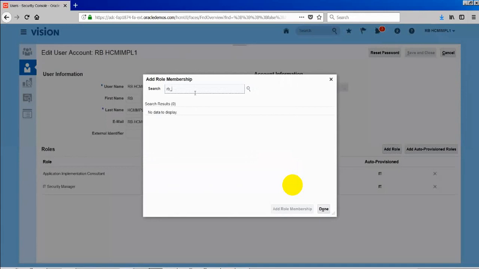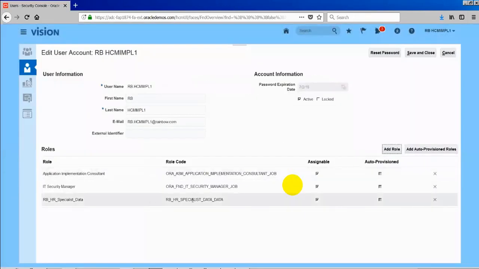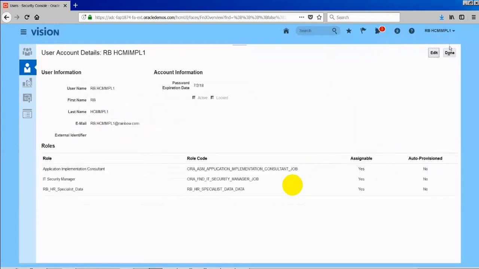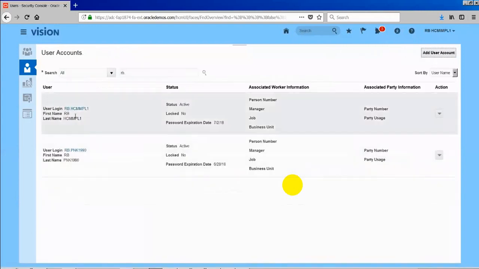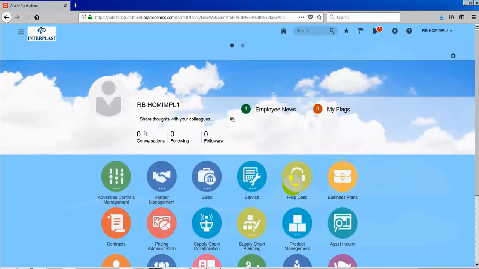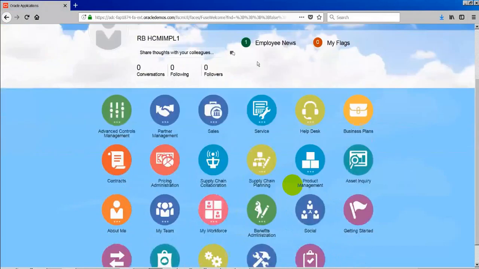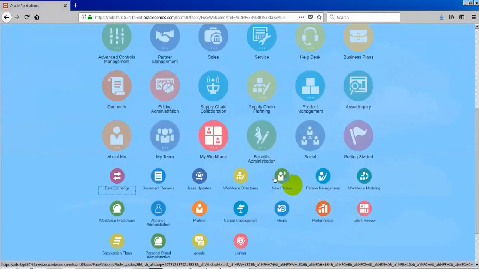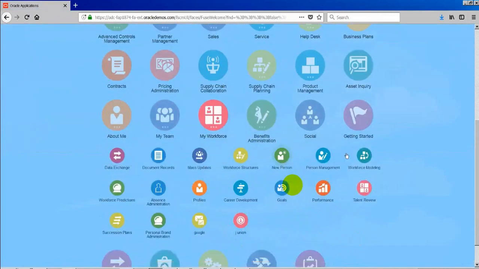These are data roles, right? Yes, that's true. I'm going to talk about that: what is a data role and how it is coming up. It's a data role basically. I just associated the data role. The data role will give this user access to create an employee. It takes a moment to take effect. Yes, so we got the new person now.